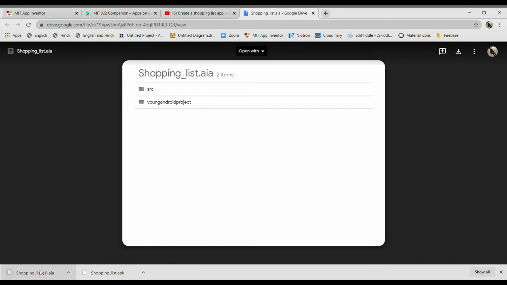Okay, so I have downloaded this AIA file here, and now I will go to File Explorer, and in Downloads I will get that AIA file. You can see, now I have downloaded this AIA file. Now I want to use this file. So how can I do that?